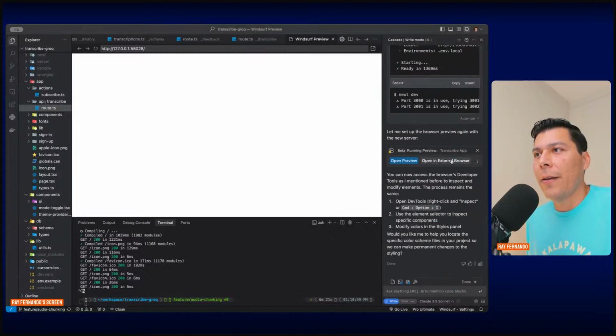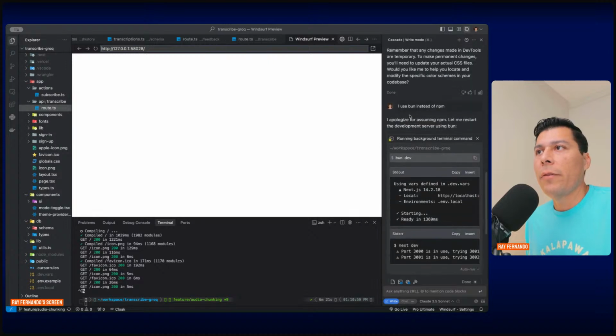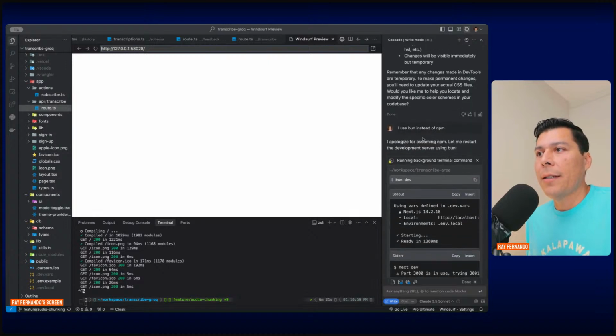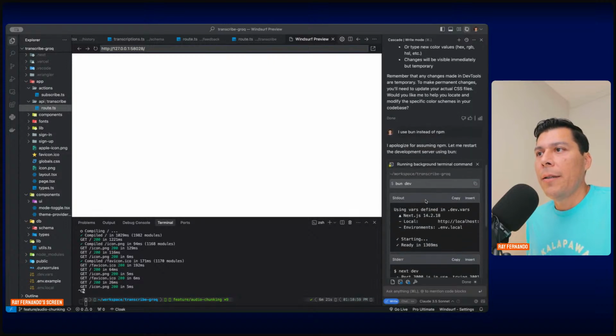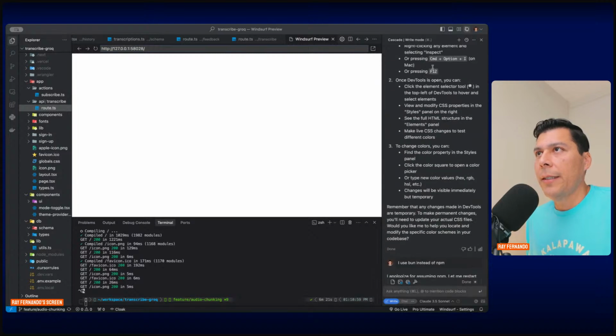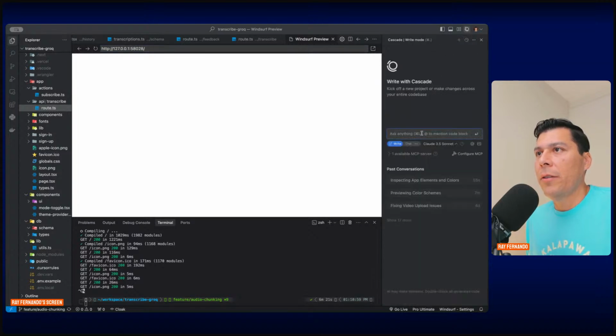So yeah, this sucks. Okay, so this browser thing that's still in beta still needs some work. Open preview. Yeah. For whatever reason, it has context about my app. And then in a previous session, when I went to a previous chat, it's like, hey, we noticed that you're using